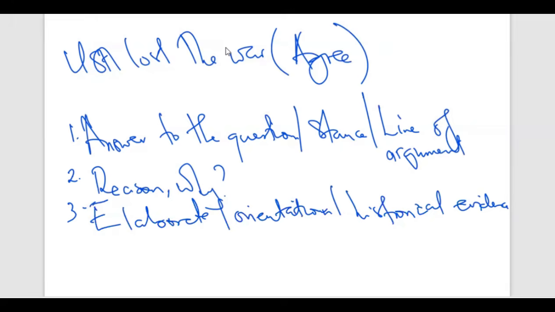Then with those 3 steps in your introduction, I am certain your introduction will be complete. It will be addressing the basics of the requirements of an introduction. It has an answer to the question, a direct answer to the question for that matter. Do you agree? Show whether you're in agreement or in disagreement. Why are you in agreement? You give the general reasons why you agreed to that statement. And then you give an elaboration or an orientation to the reader of what they should expect in the presentation.